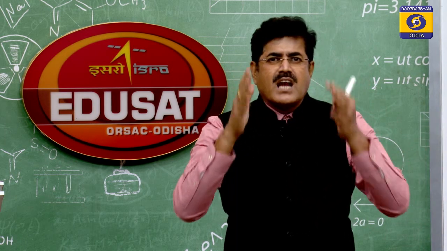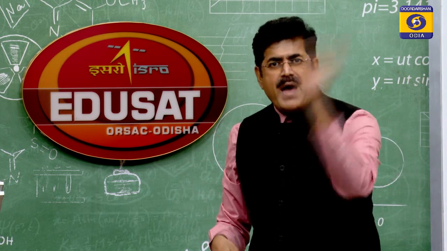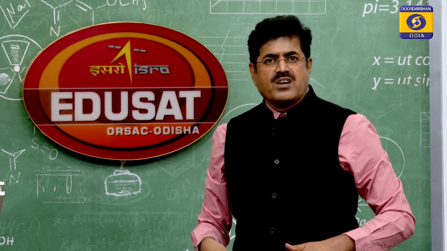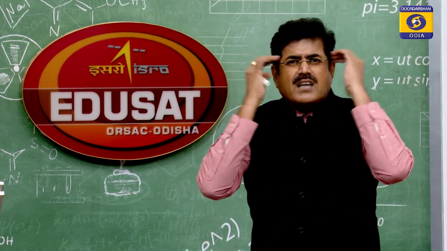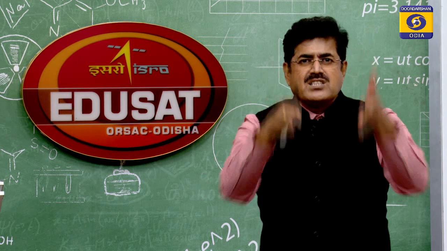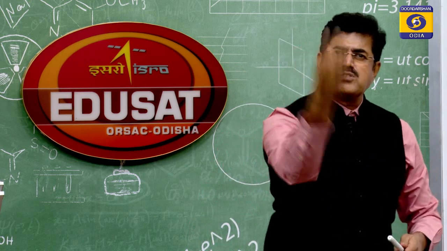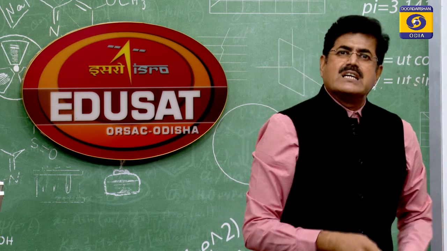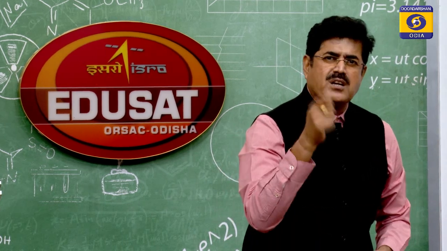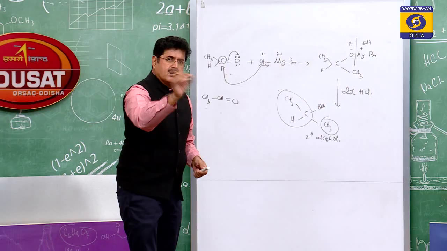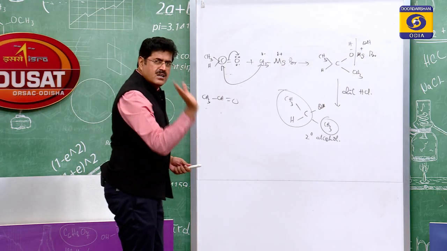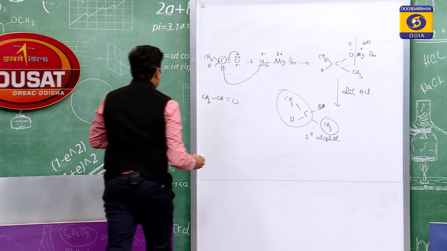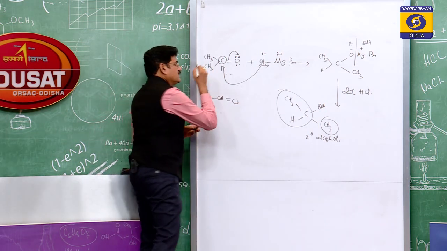Whenever you find tertiary alcohol and the question asks you to prepare tertiary alcohol by using a Grignard reagent, the first thing that comes to mind is ketone. Ketone with Grignard reagent gives tertiary alcohol. So if asked to prepare tertiary alcohol by using a suitable Grignard reagent, it is ketone. Don't consider formaldehyde and aldehyde. Let me show that on the whiteboard once again.